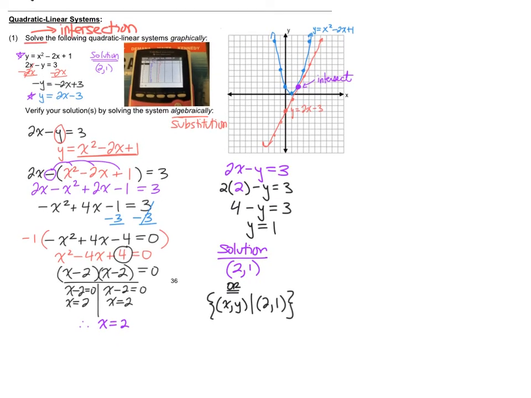Every time you say show your work, can you just do algebra or the calculator? Calculator, yes. Yeah, that's what I'm getting at. So